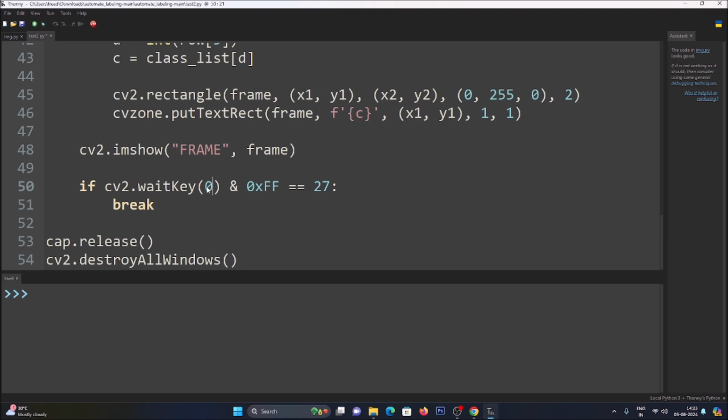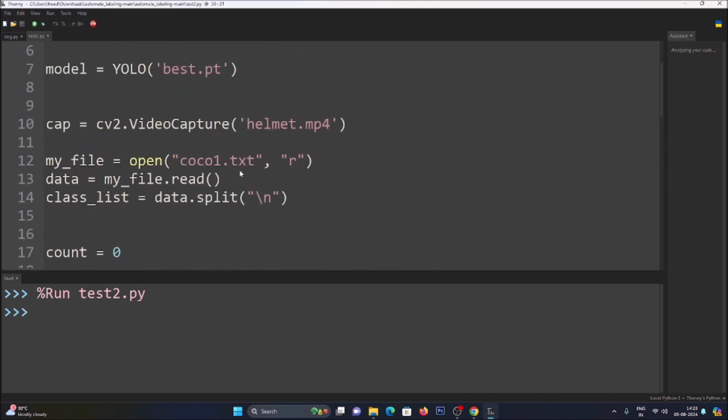I have just mentioned a 0 here. So if I save the code and run the code, I think I have mentioned the wrong video file name. It's not helmet.mp4, it's helmet.avi. The file extension is avi, not mp4. So just save it, and if I run the code,